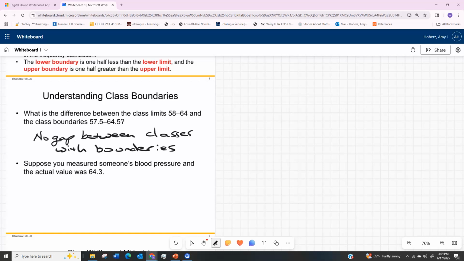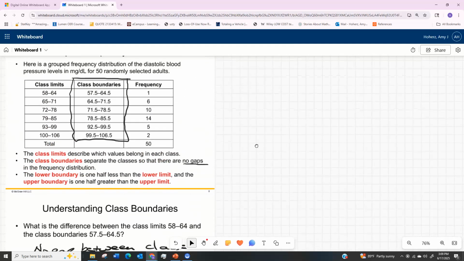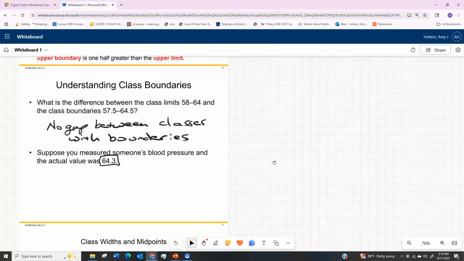And then it said, suppose you measured someone's blood pressure. Again, we don't normally, I said ages up here. We're doing blood pressure. But anyway, suppose you measured someone's blood pressure and the actual value was 64.3. Where would you put that? Well, if we look up here, 64.3 would be in this class. We could say it's 58 to 64